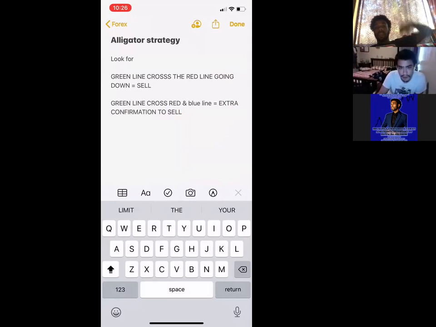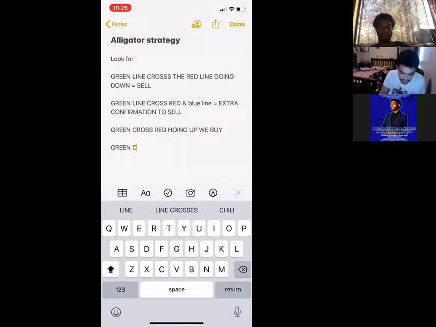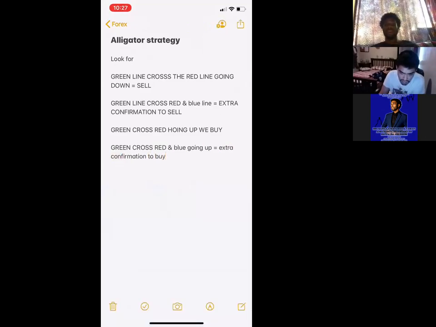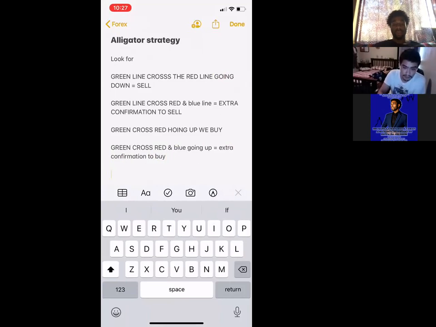And it's the exact opposite for a buy. So when green crosses red going up, we buy. When green crosses red and blue going up, that equals extra confirmation to buy. So now one thing you do want to know is